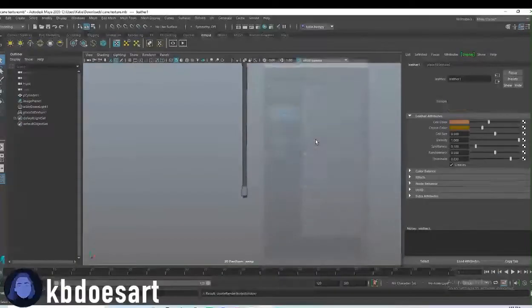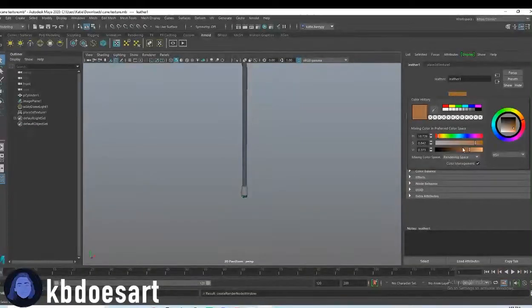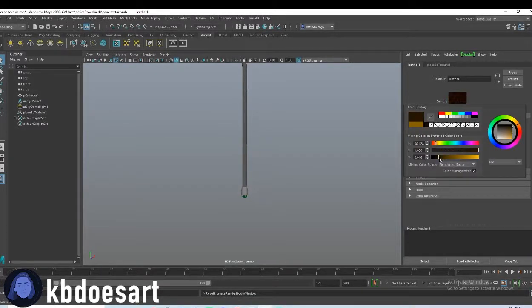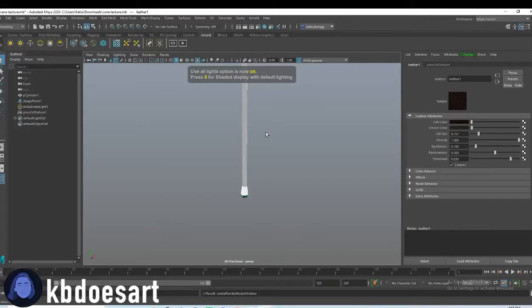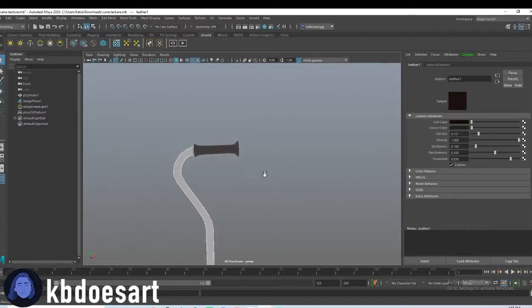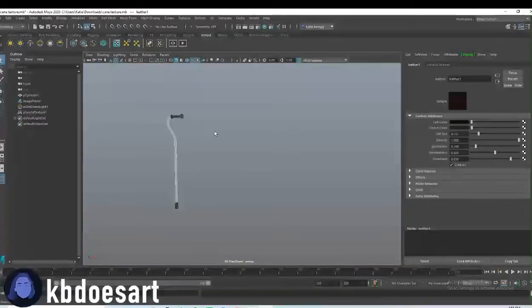All right, I want to try out leather. So what we're going to do is let's change this to pretty dark, and then maybe this will be like a grayish. And then let's make our density pretty high and make the cell size pretty small. Go ahead and click 7 and then click 6 to show that texture. I don't think it's going to show up super well in here, so what I'd like to do is click